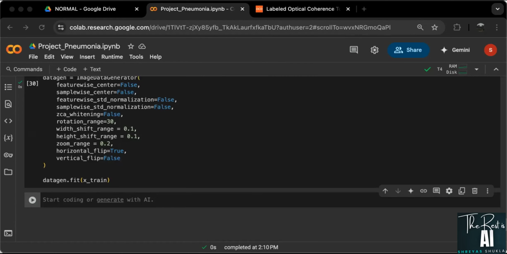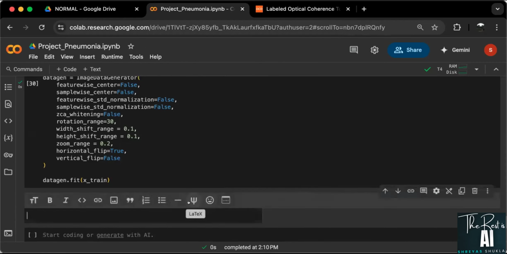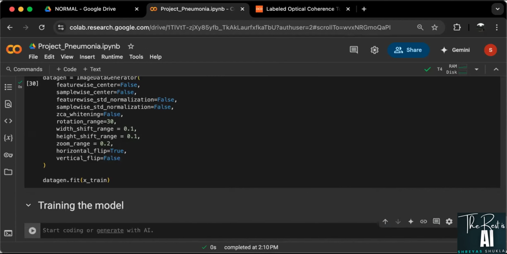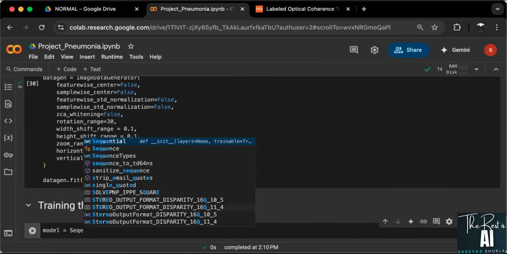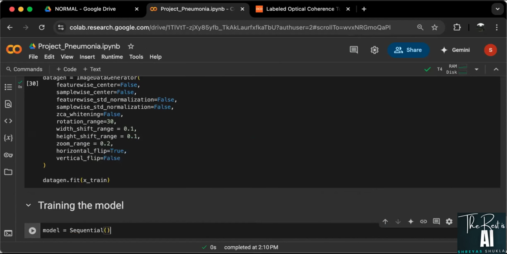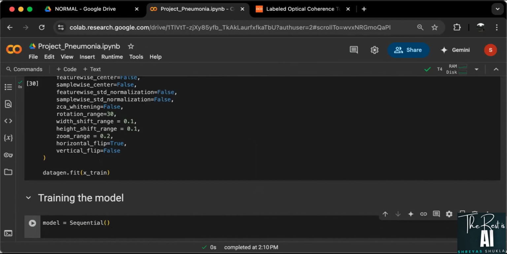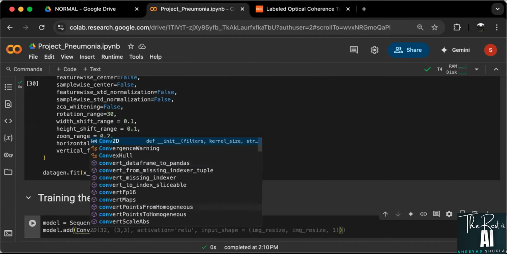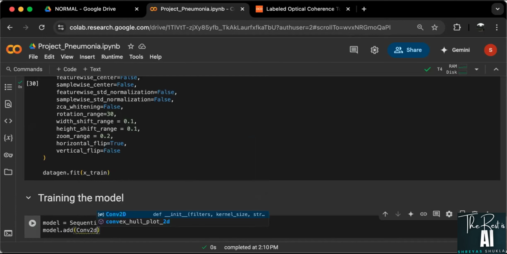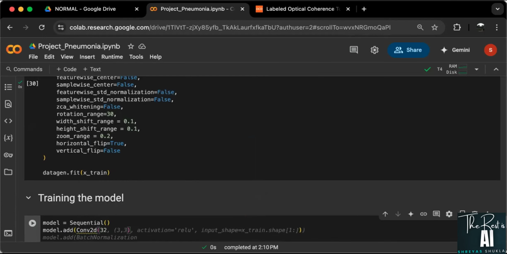Next is to create the model. So I'll put a new heading here that is going to be training the model. I'll start with creating the instance that is model as Sequential, and then I'm going to take this instance and add some layers. So Conv2D, and I'm starting with 32,